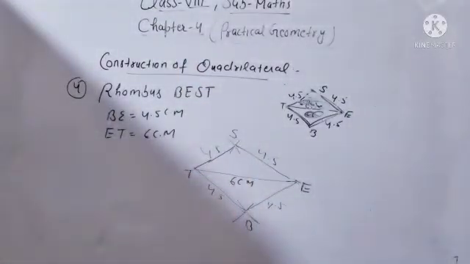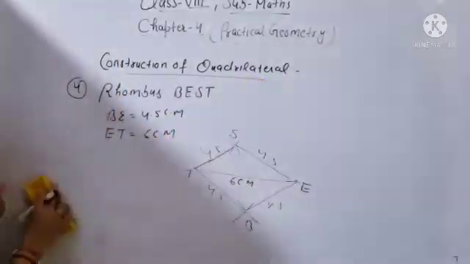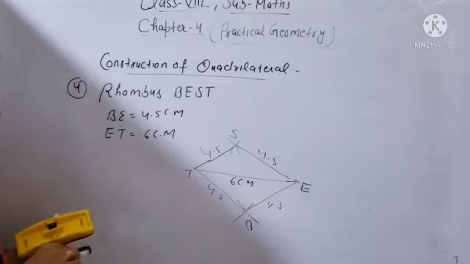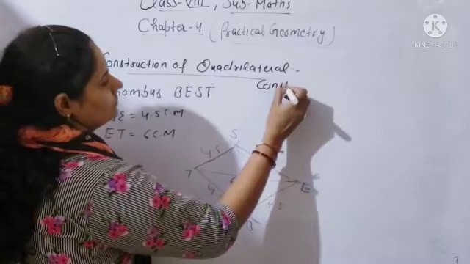Now you have to write the construction also. What you have to do? You have to write the construction also. So how will you write the construction? So here I am writing one construction. Okay, so step by step you will write here. So beta, first step in construction,